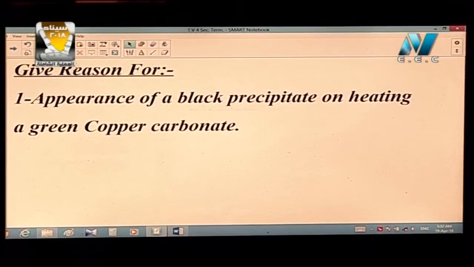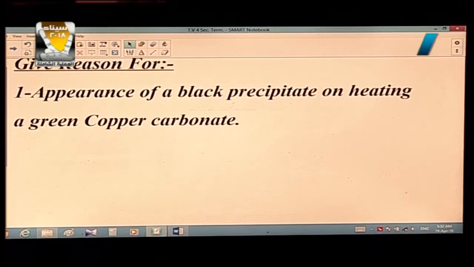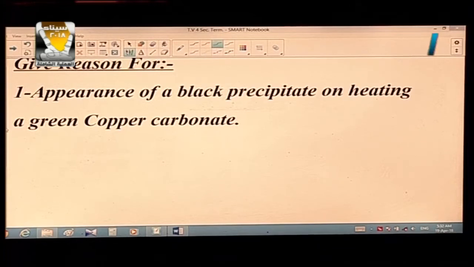We have here the first question: appearance of a black precipitate on heating green copper carbonate. As we see in front of us, it says appearance of black precipitate on heating green copper carbonate. How can we answer this give reason for in the simplest way? We know this reaction is considered a thermal decomposition reaction. So here we have